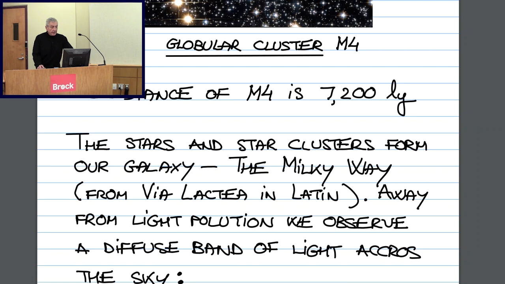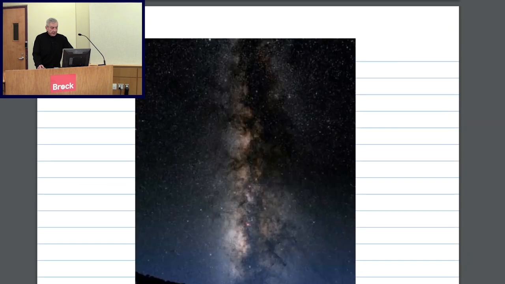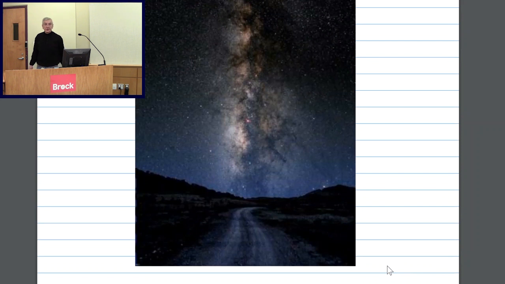Well, if you go away from the city lights, from any kind of light pollution, and you look up in the sky, you will see this diffuse band of light across the sky. This is what was observed by the Greeks and Romans and other civilizations, and this is what we call the Milky Way. Of course, the Greeks and Romans didn't know what it was, and the first clue as to what it is came